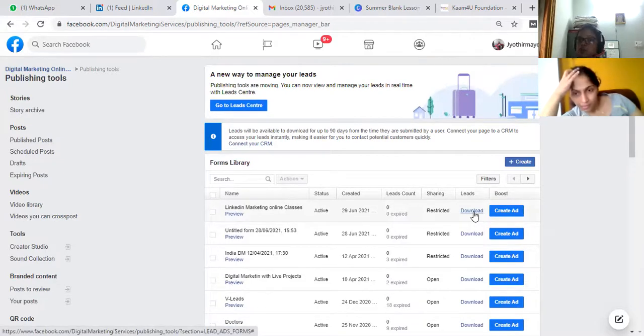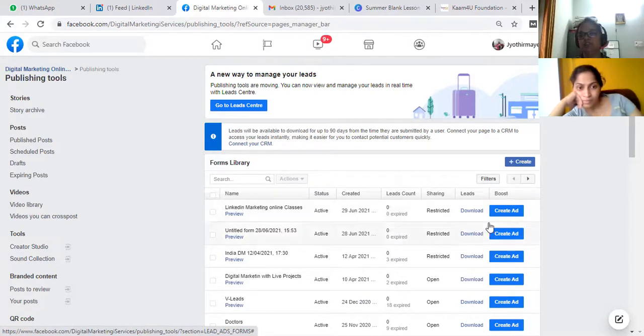Parallelly you can cross check how many leads we really got. What agency people will do is, I told you, you are giving 5,000, they will run the campaign for 1,000 or 2,000, and they will tell known sources to fill in known phone numbers and details, and they will give that to the client. So a little fraud will happen. To cross check whether we are really getting the leads or not, you can check from here. If the campaign runs, it will show to the customers. Only when they truly fill the form will it come here. So there is no chance of fraud if you cross check here.